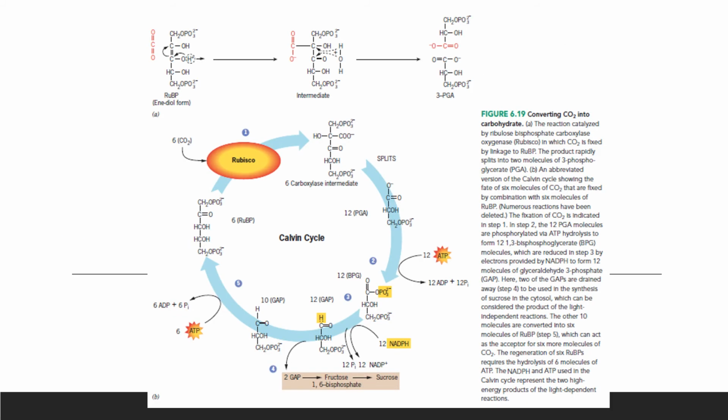So this image here on your screen right now is actually showing you how the conversion of carbon dioxide into carbohydrate happens in the process of the Calvin cycle. Okay, so with this one, please go through the steps one by one and trace, at least even create your own diagram, wherein you'll be able to easily understand the pathway. Okay,